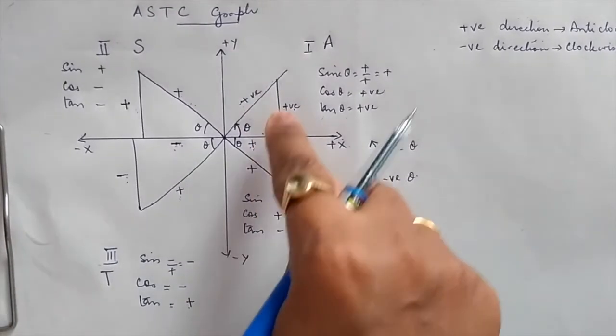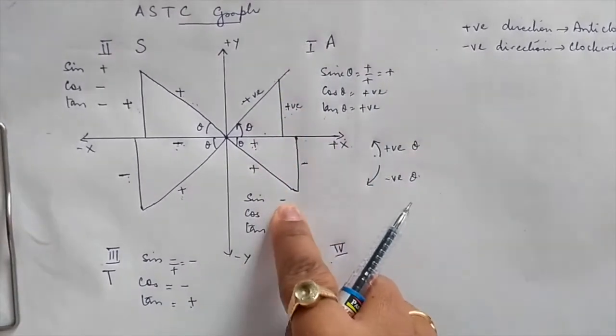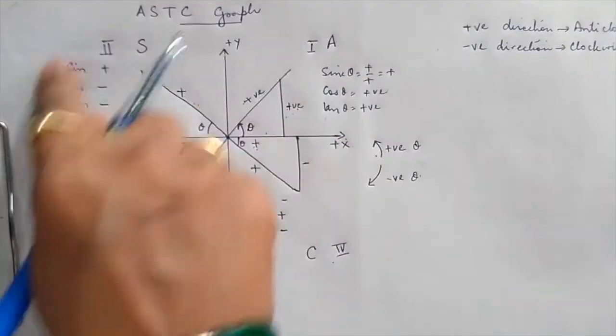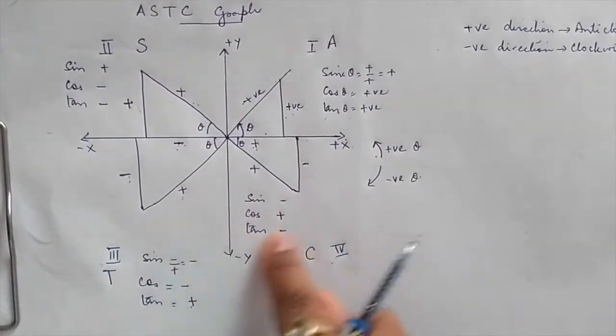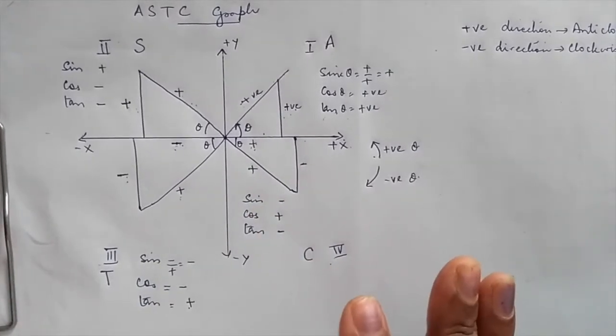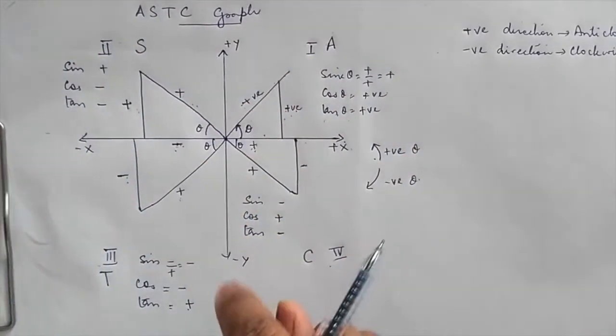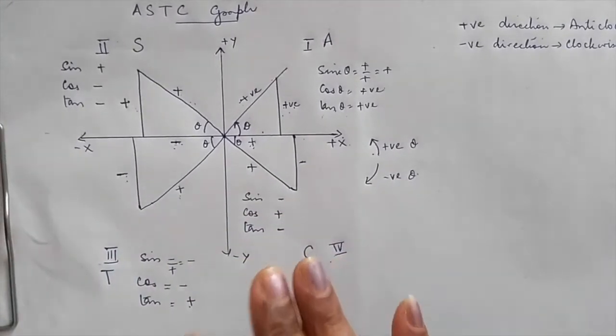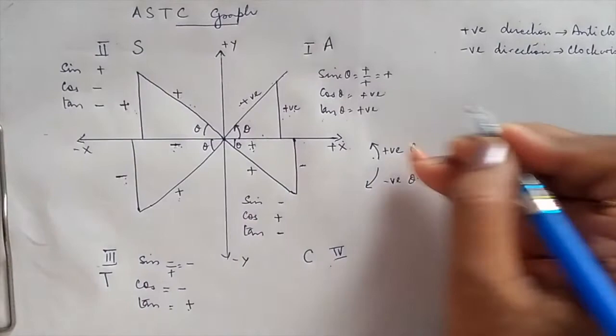Although the position of the angle is changing from positive theta to negative theta, when it was positive I started with the first quadrant, and when I said negative theta I started with the fourth quadrant. These signs of the trigonometrical ratios will remain the same, whether you are taking the positive direction or the negative direction. That remains the same. Now let's see, if I am talking about